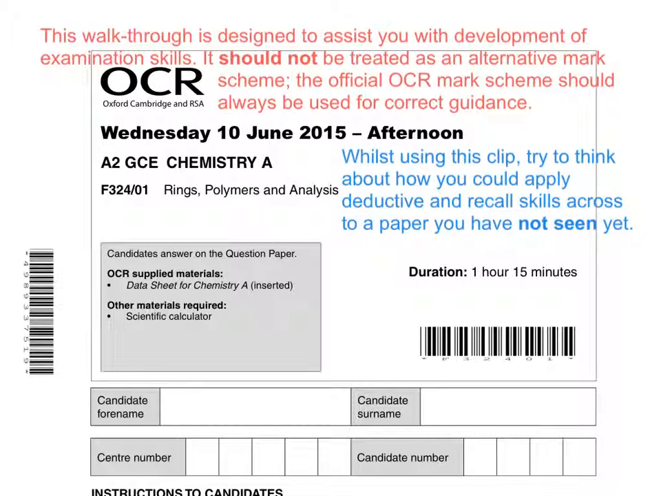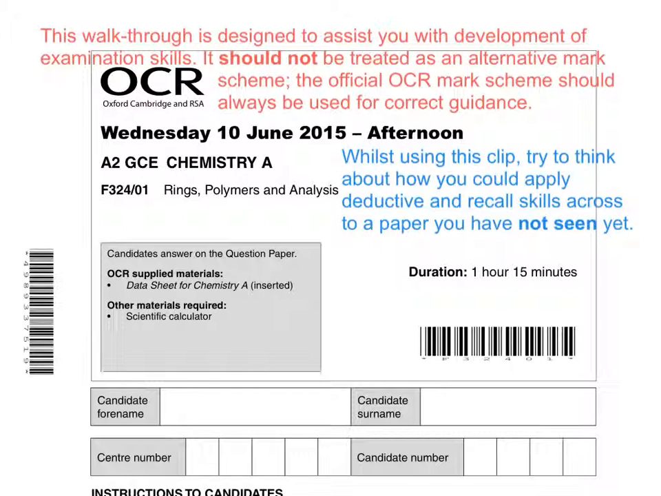What this clip is really for is to try and develop deductive and recall skills. So whether you're looking at this a year after the paper was taken in 2015, or quite some time after that, ideally you'd need a copy of the paper in front of you. If you took this as your mock, then a copy of your script would be the best thing to have